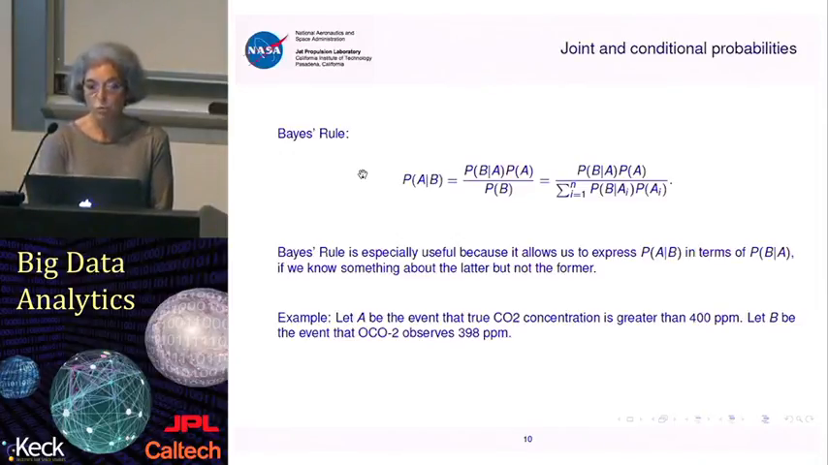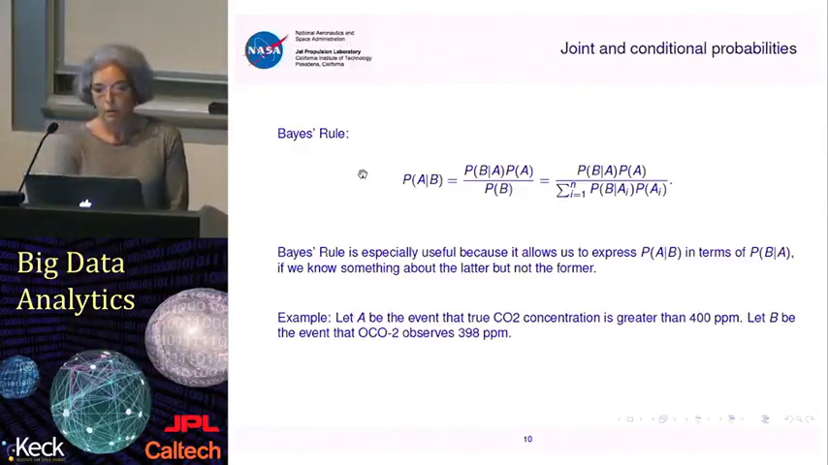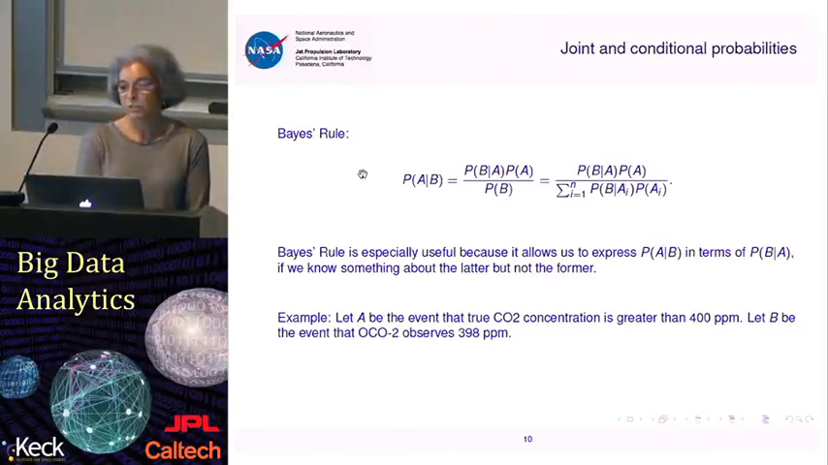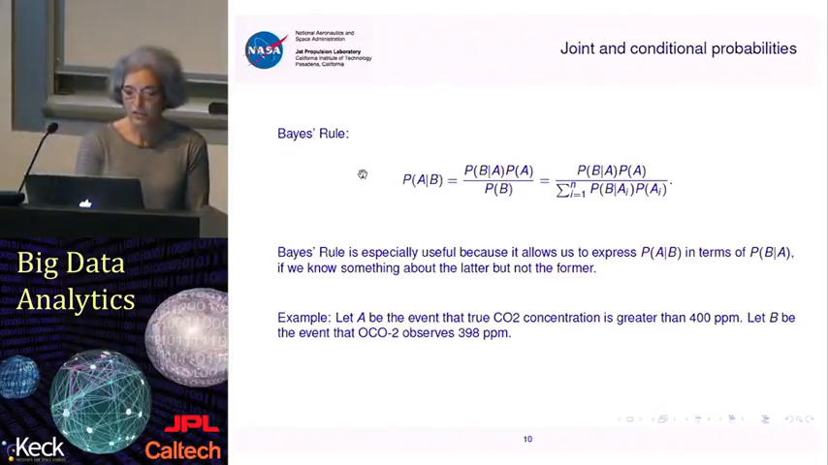And that's Bayes' rule. And what's good about Bayes' rule, or what's useful about it, is it allows us to express the probability of A given B in terms of the probability of B given A. And sometimes we know more about the probability of B given A than we do about the probability of A given B. And here's probably the one example that I'll take from things I do every day, which would be,